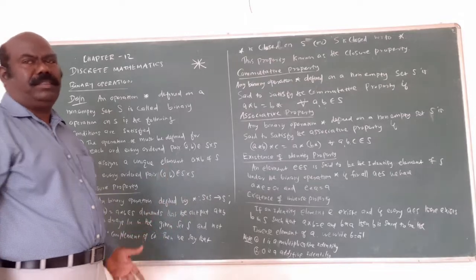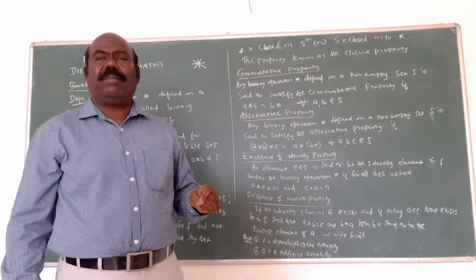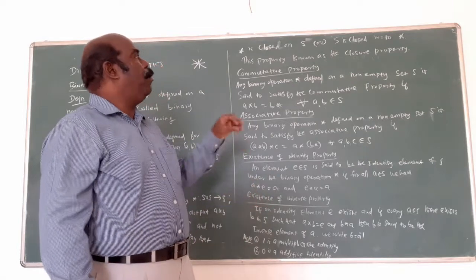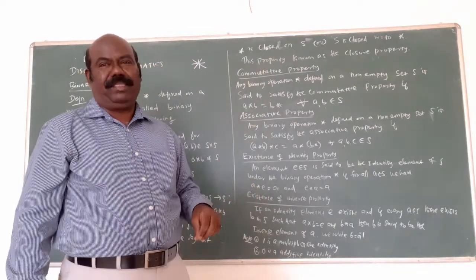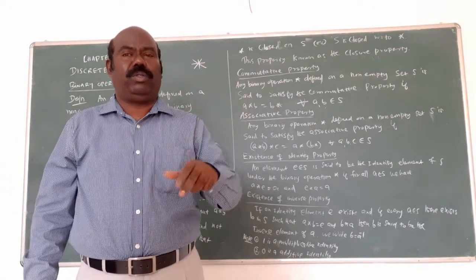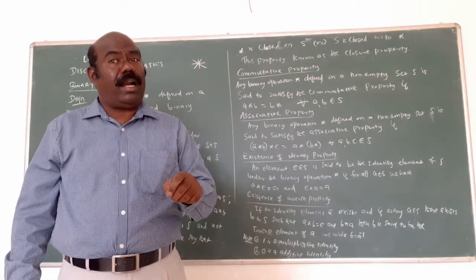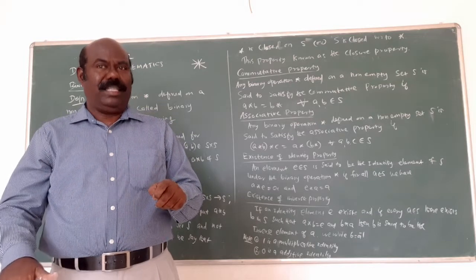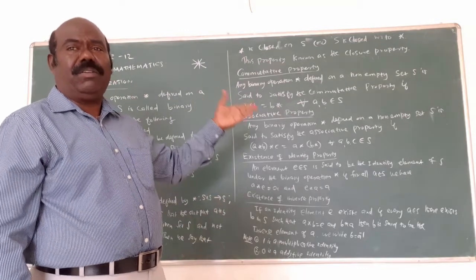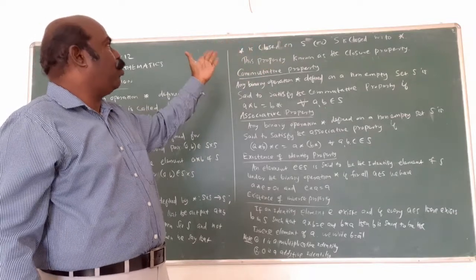I will give one example. For example, S is the set of natural numbers. What are the natural numbers? 1, 2, 3, and so on. Suppose plus is the binary operation, star is plus, in natural numbers 1, 2, 3, and so on. I will take two elements, 1 and 2, which belong to N. Automatically, 1 plus 2 is what? 3, which also belongs to the natural numbers. That's why plus is closed. N is closed with respect to addition. Otherwise, plus is closed on the natural numbers.